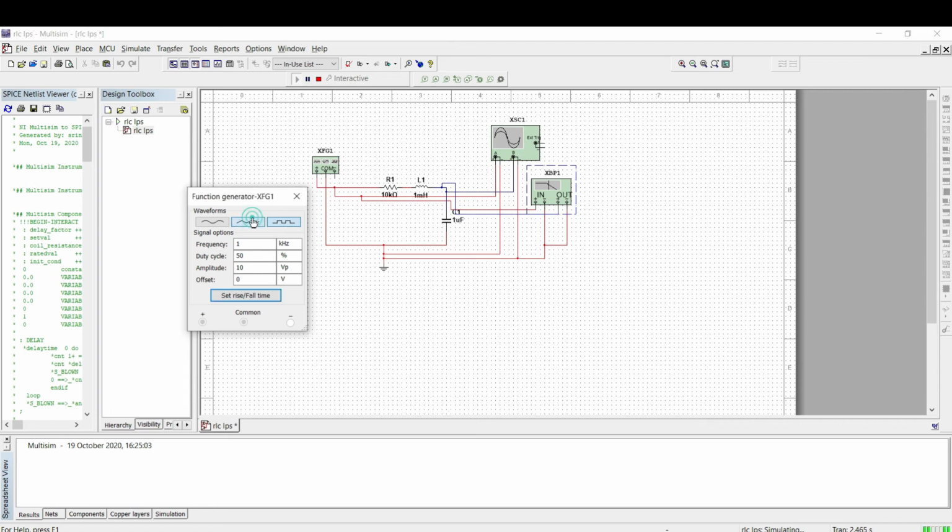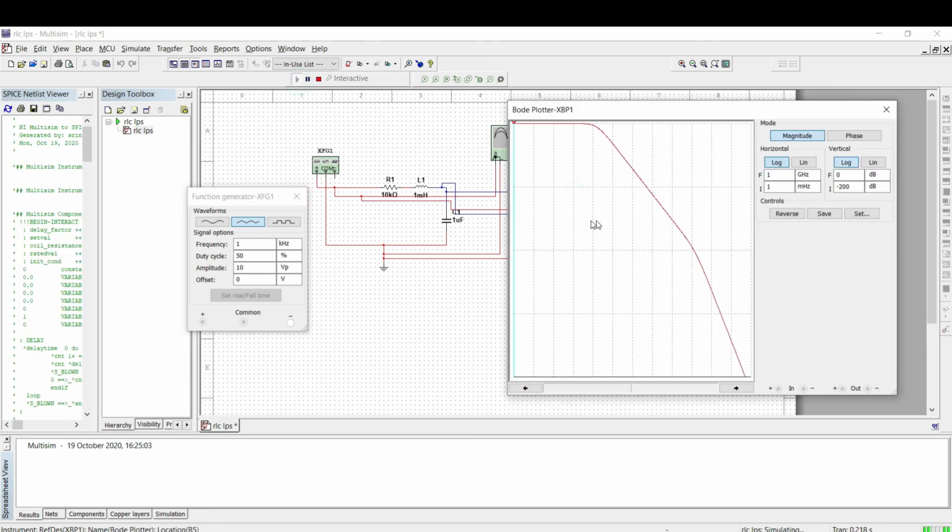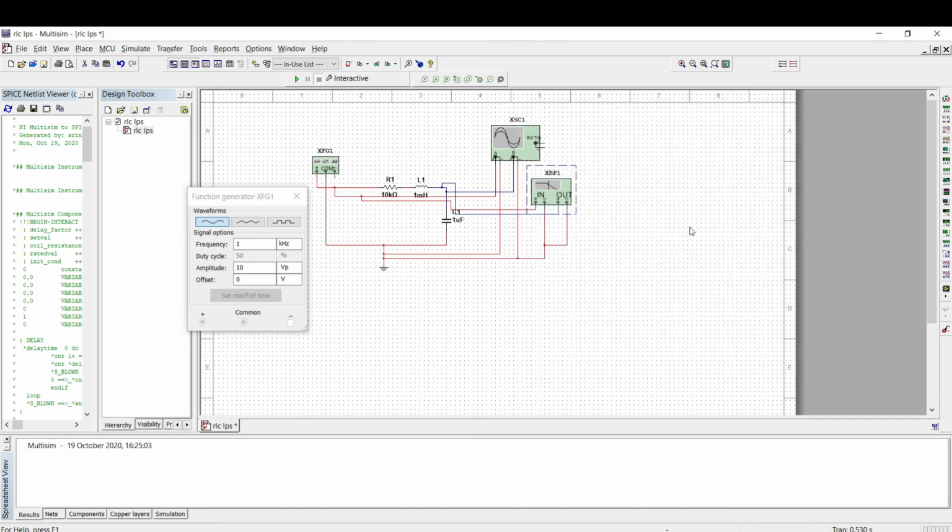You can clearly notice here, I'm changing the things. I kept a triangular wave, so whether I am getting the same output, right? Now I am changing the input to a sine wave. Will I get the same output? You can notice it. So whichever input you give, it will behave as a low pass filter according to the values specified by the RLC.